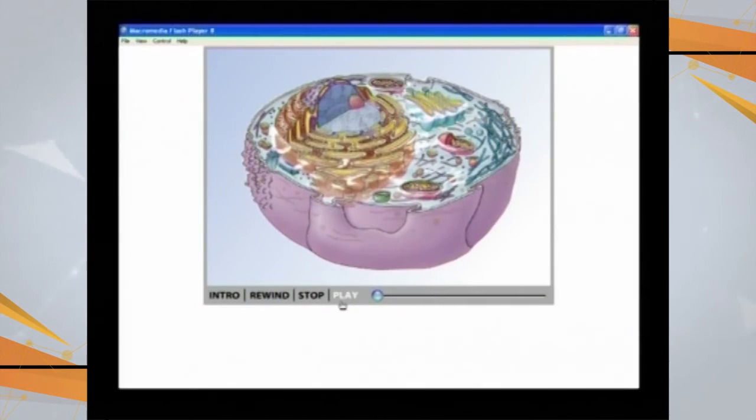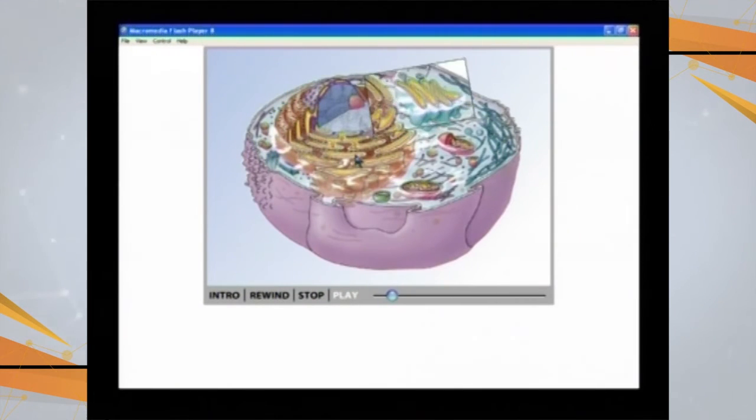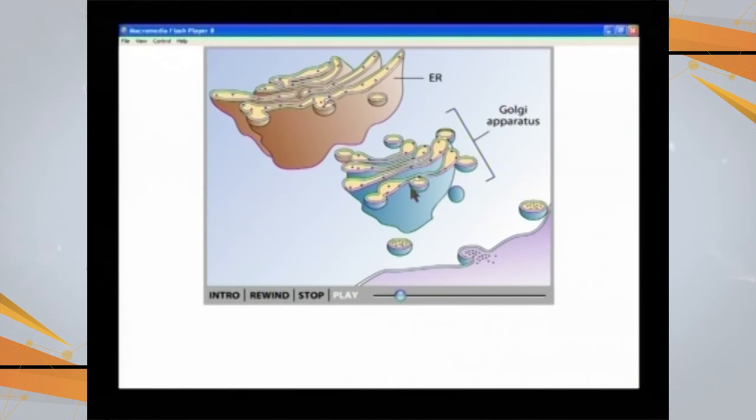Now, looking at the relationship, how the endoplasmic reticulum gives its product to the Golgi apparatus, and how the Golgi apparatus causes the finishing and packing of the product, we are going to look at an animation. Looking at this animation, this is a cell, this is the Golgi apparatus, this is the endoplasmic reticulum, and both of these are dependent upon each other. This is the endoplasmic reticulum and Golgi apparatus, a closer look. So this is the face of the endoplasmic reticulum from where the product is being given.